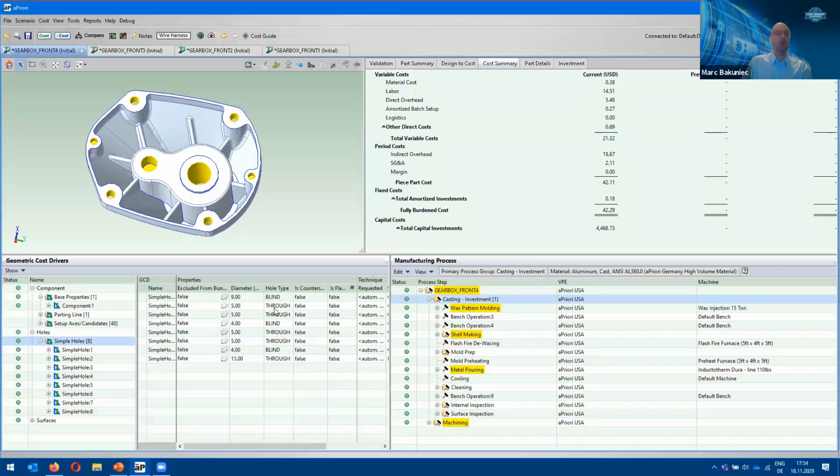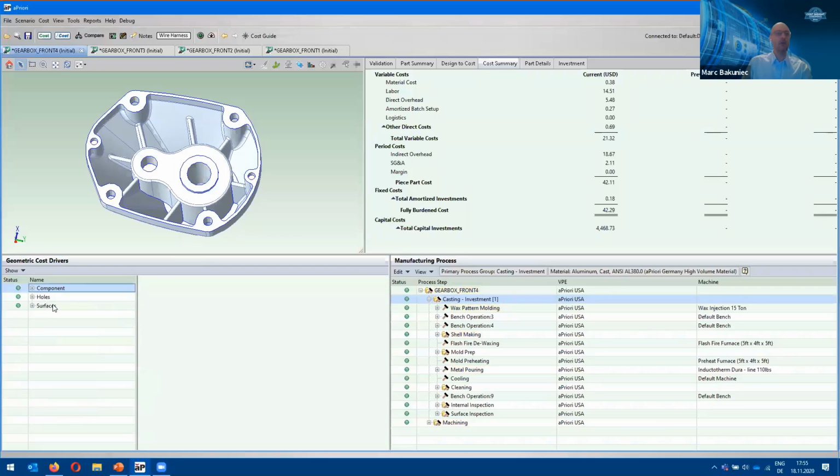Is it a blind hole? Is it through the part? What diameter does this hole have, etc. And based upon this information being pulled from the 3D CAD model, a priori is then capable, with the cost models that are being applied in the background and the logic, etc., to then